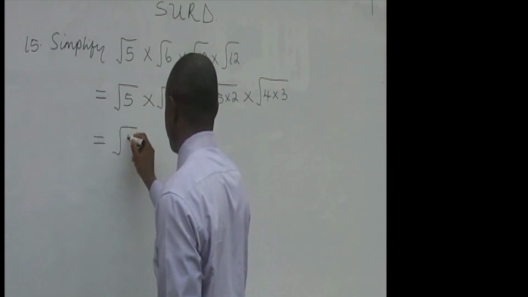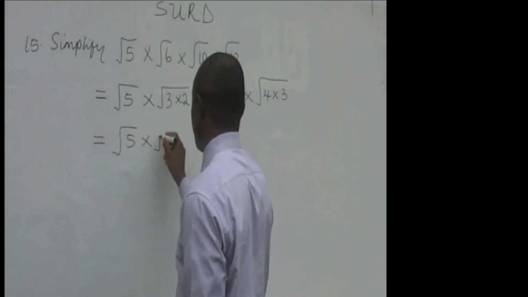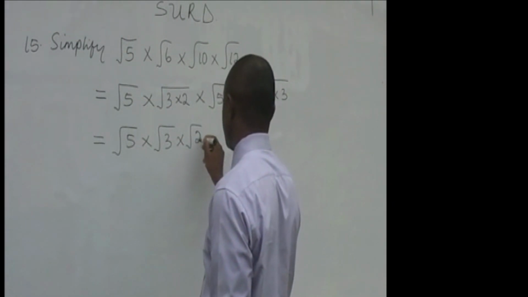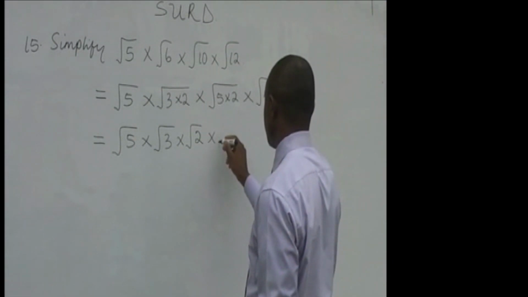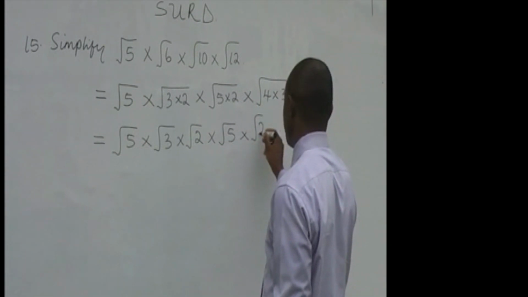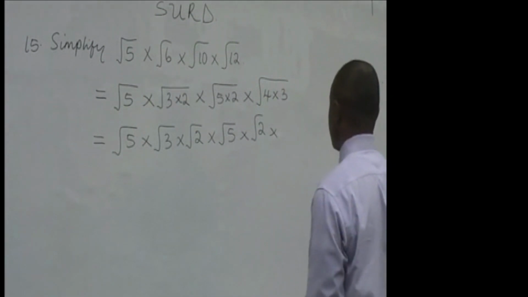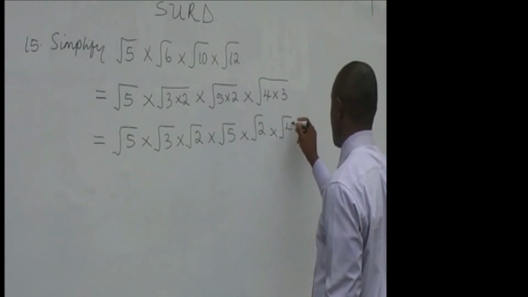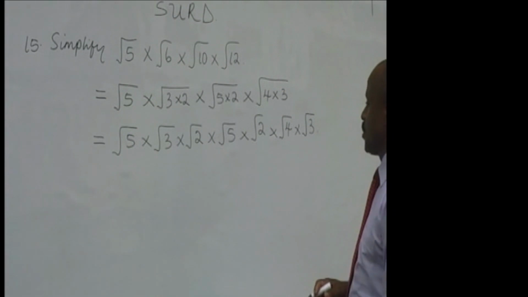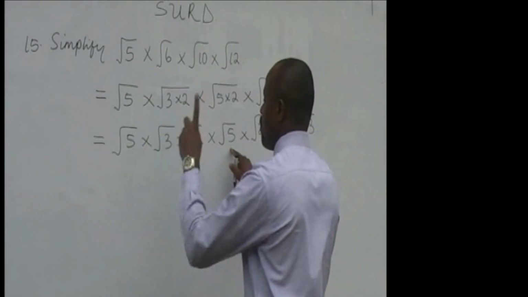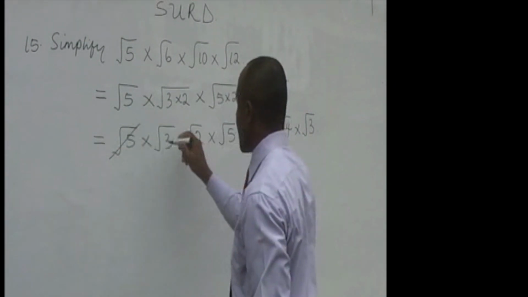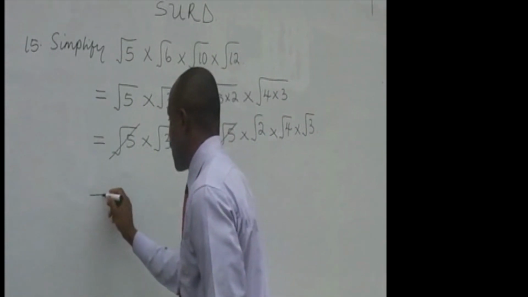So we have root 5 times root 3 times root 2 times root 5 times root 2 times root 4 times root 3. So you can join this and this to give you 5. Root 5 times root 5 will give you 5. So you can cancel this and write 5